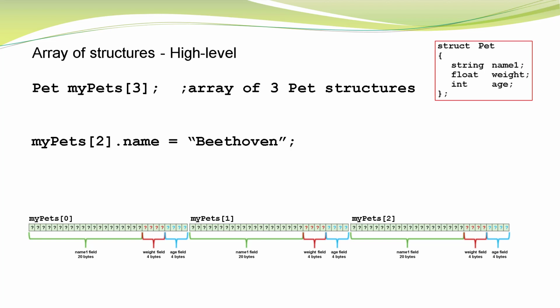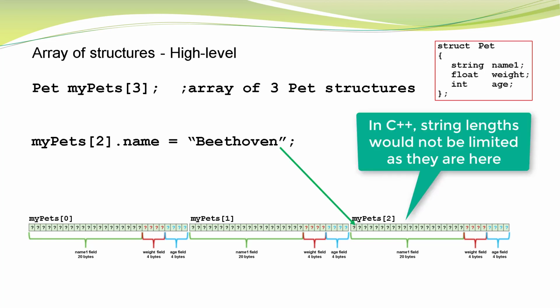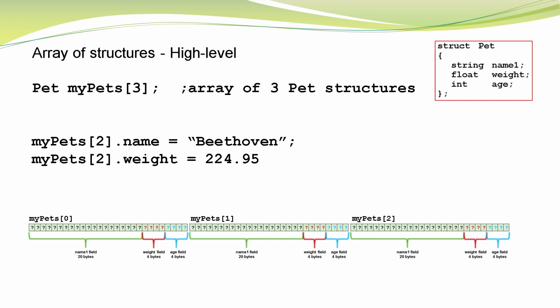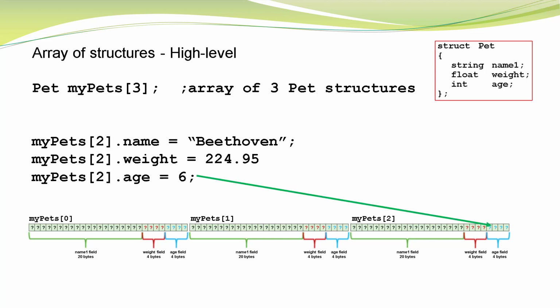That's going to change the name1 field right here. Then for the weight, I would do something very similar, and that would store the 224 plus pounds into the weight field of the third structure. Finally, I'd do something similar for age, and it would be stored here. Since I was talking about the third structure in the array, the index number was 2. Now that makes it real